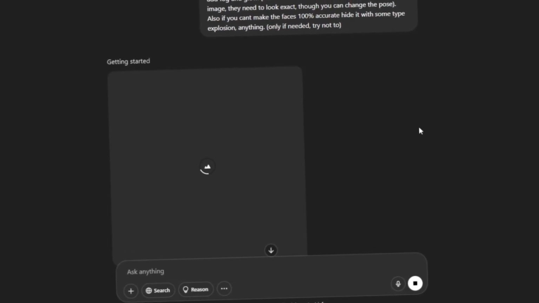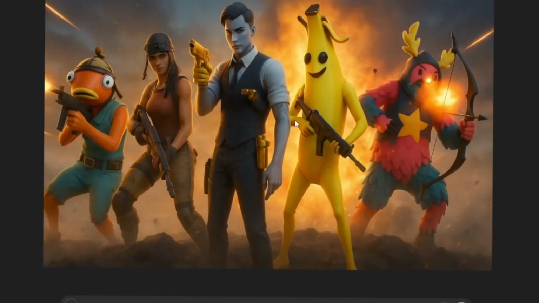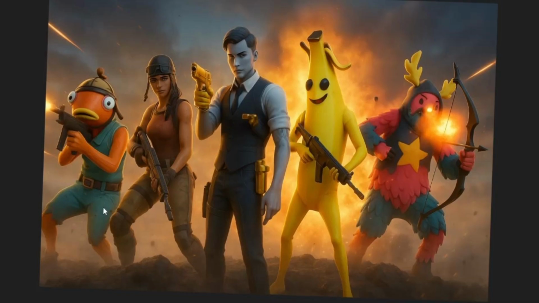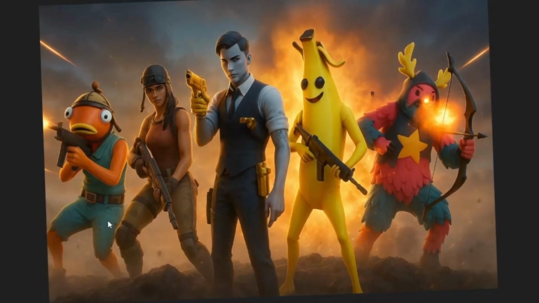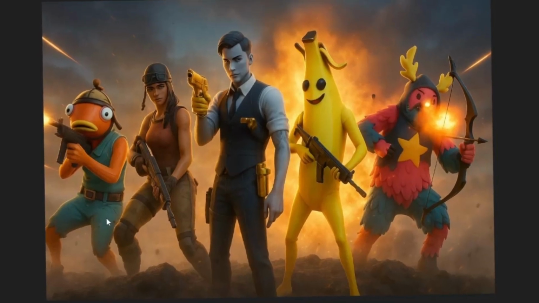And then hopefully it'll add some explosions and fog in the background. This is definitely much better, but the Fortnite skins are still absolutely cooked. Not one of them looks good but the fish. So I think, to be honest, the only skins it can generate are skins that have just an easy, simple